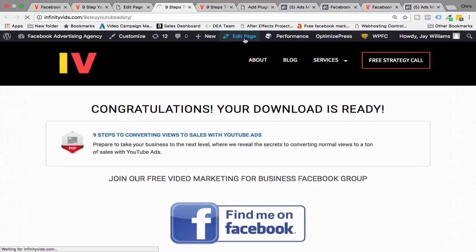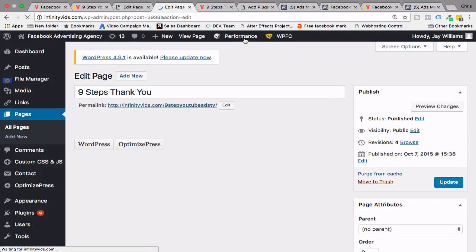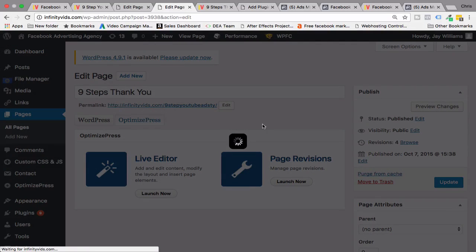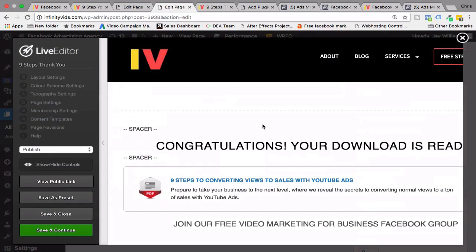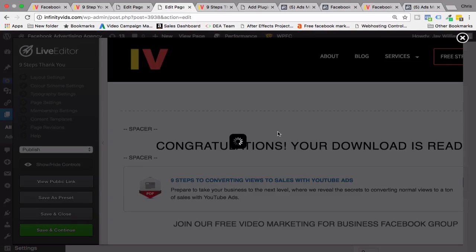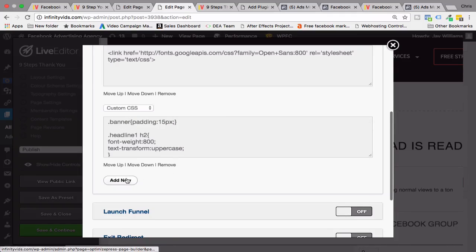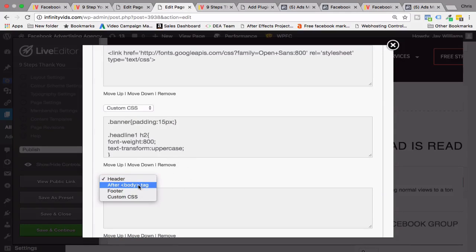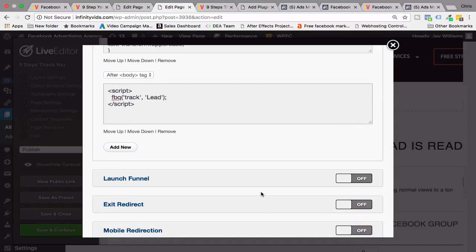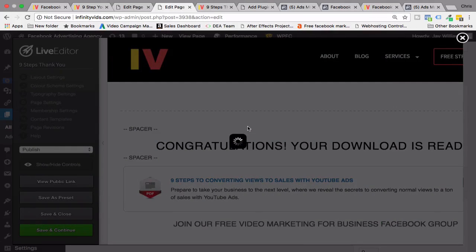If I go ahead and click edit page, because I'm using Optimized Press and I use their editor, I'm going to go ahead and launch now and add this into the body of this particular page. Go to page settings, I'm going to go to other scripts, I'm going to add new, I'm going to select after the body tag, and I'm going to press Command V, and I'm going to paste it in here, or Control V on Windows. Go ahead and click update,